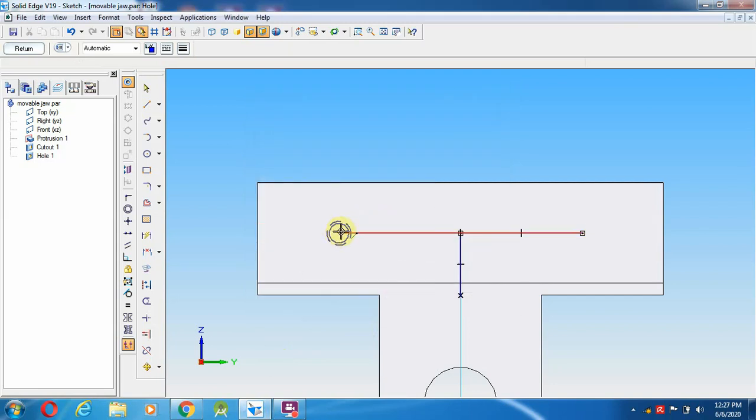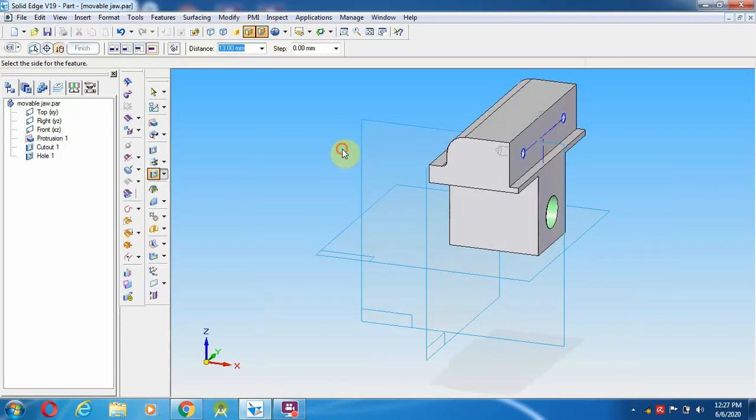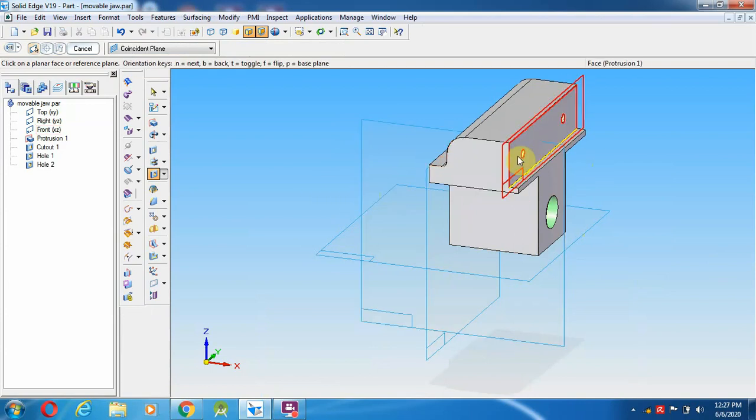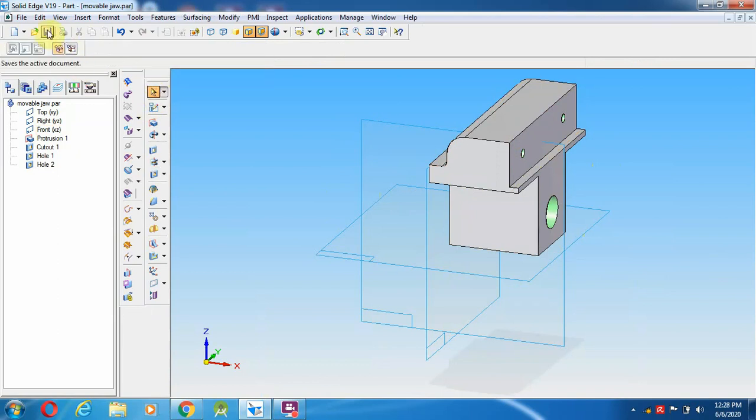Then I am going to select over here, then give return, left and right click. The hole has to be created with this thread. Okay, so now you can save.